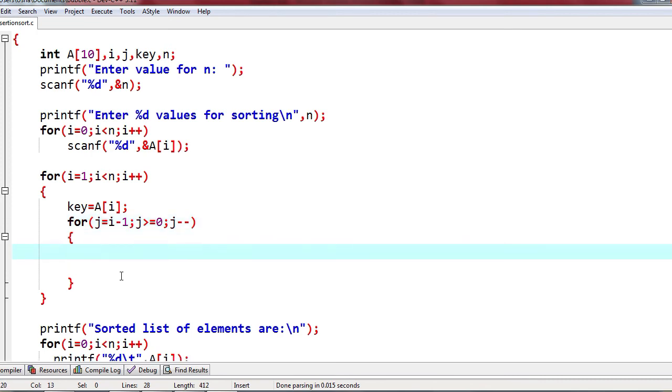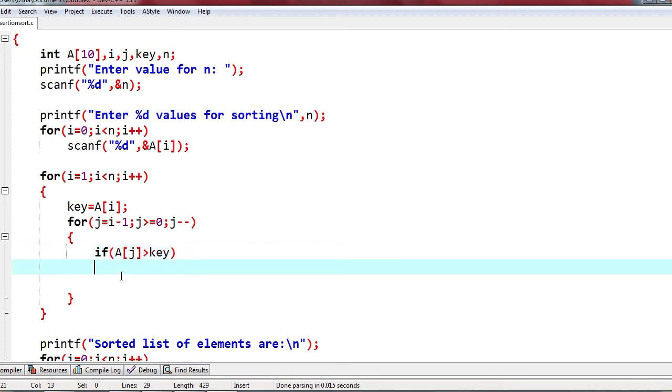We will check if A[j] is greater than the key element. So if it is greater, we have to keep copying it to the right position, right? So A[j+1] means in the next position I am going to copy A[j].